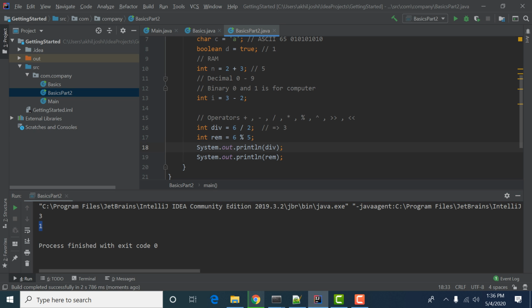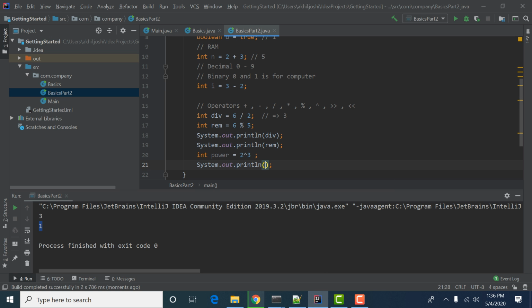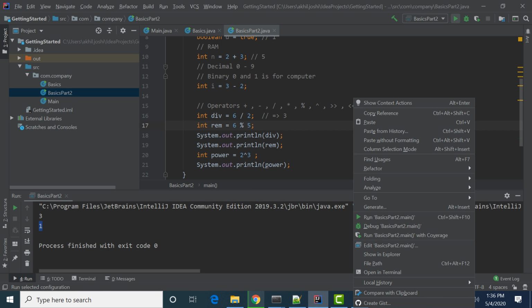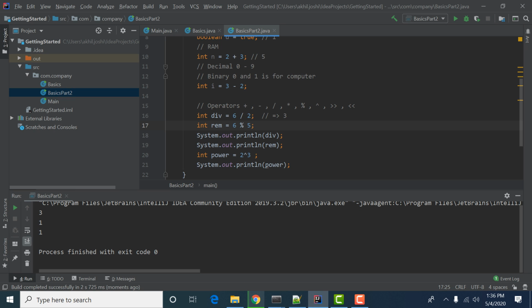Now we have this concept, the operator of exponent, how many times. This is not a power operator. We have 2 to the power 3, and the output is 8.